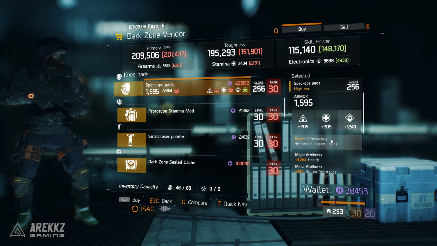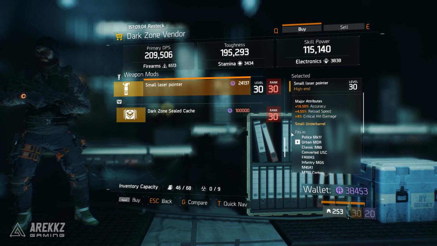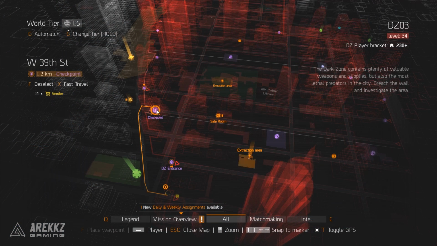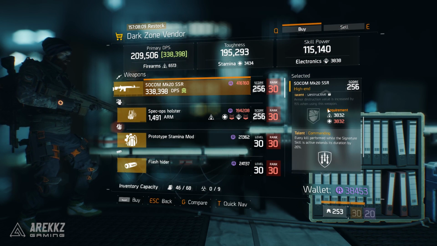Ops Knee Pads with Prosperous, Prototype Stamina mod with Signature Ability Resource Gain, and a small laser pointer with Accuracy, Reload Speed, and Crit Hit Damage. Moving up from there to West 39th Street, here you can buy a SOCOM MK20 SSR with Disciplined, Destructive, and